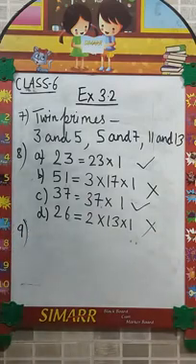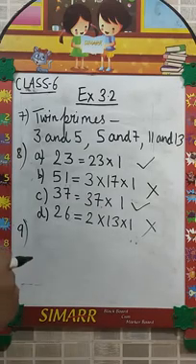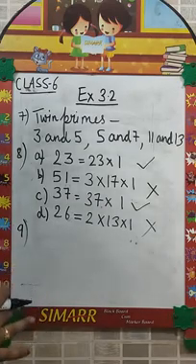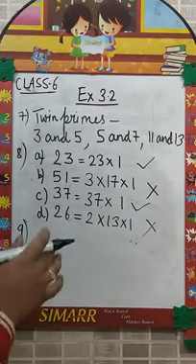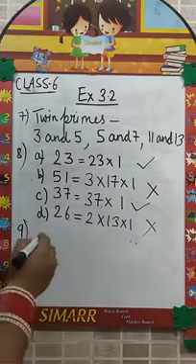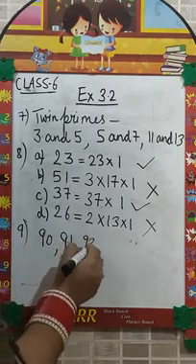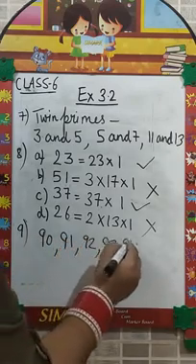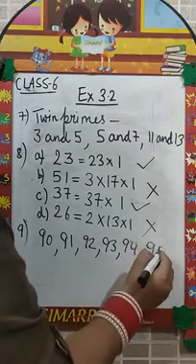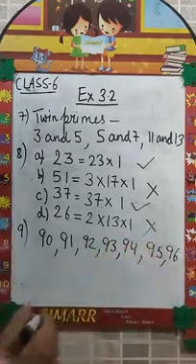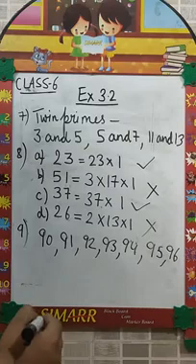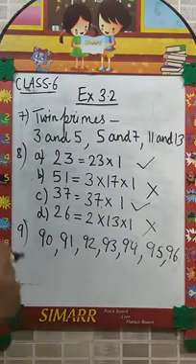Okay. In question number 9, we have to write 7 consecutive composite numbers less than 100 such that there is no prime number between them. They are possibly like this: 90, 91, 92, 93, 94, 95, and the last one is 96. Okay, you can check it thoroughly by yourself. Next we have question number 10.